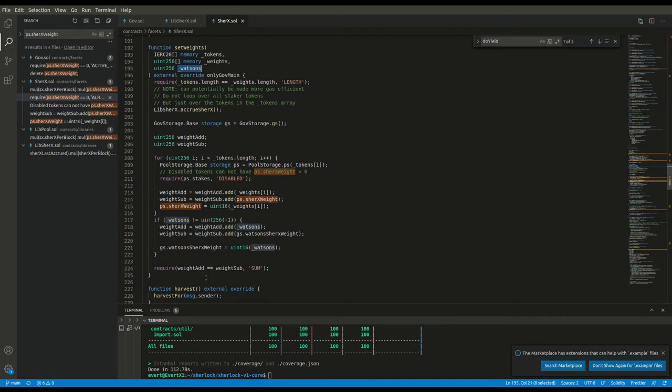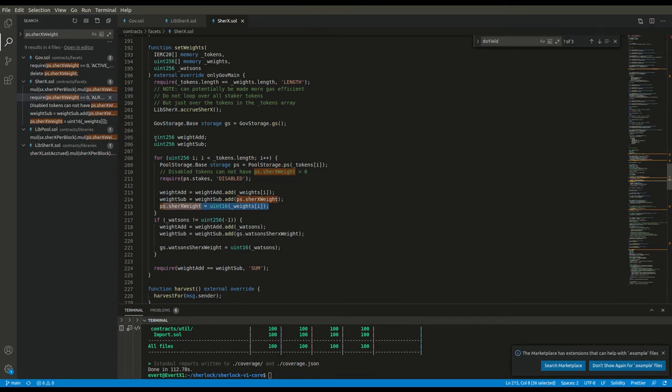So in the end, this is the DAI token, and DAI has the right weight initialized. This is how sherx is distributed,